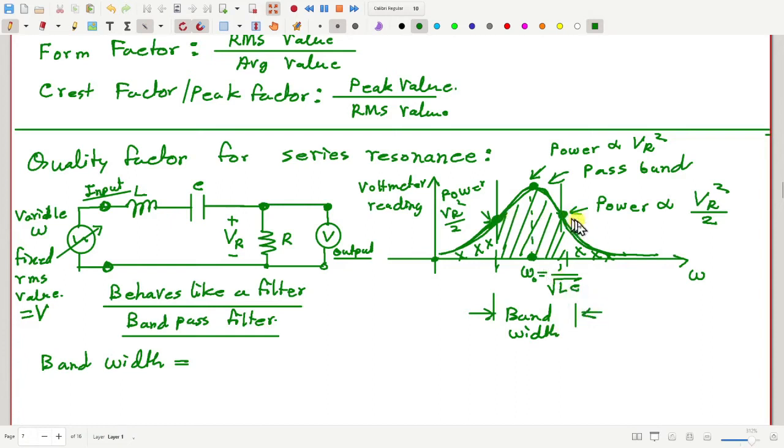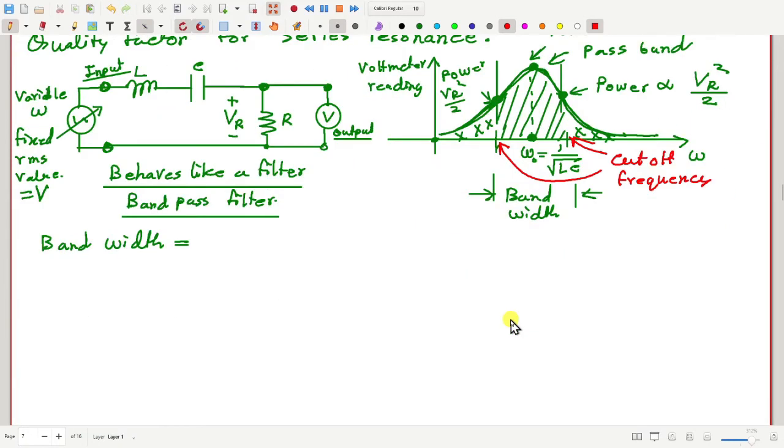And these two frequencies: this one is called the cutoff frequency or half power frequency. Similarly, this is another cutoff frequency. Now let us find out how much is the bandwidth for this filter, or what these cutoff frequencies are. So we know omega naught, the central value, is 1 by root LC. If I call this point W1, and this W2,